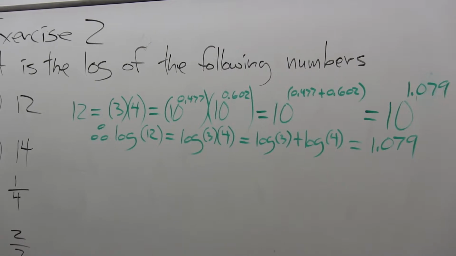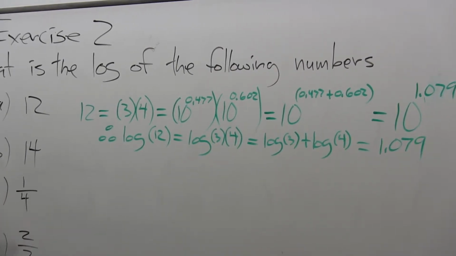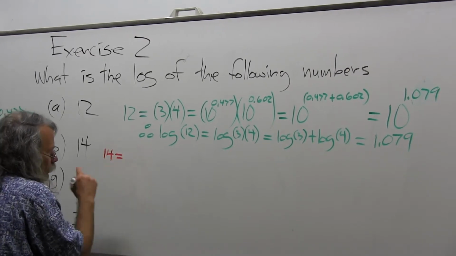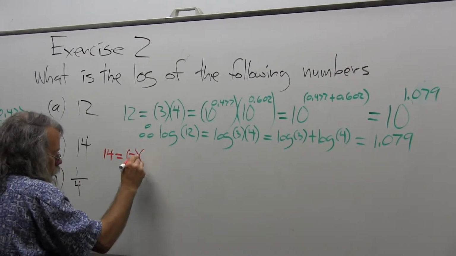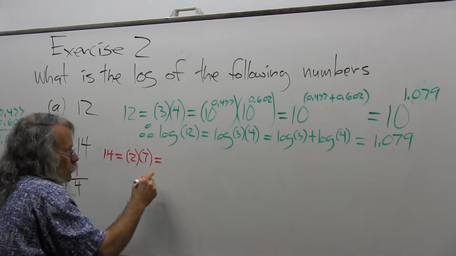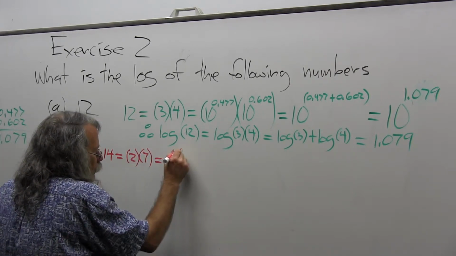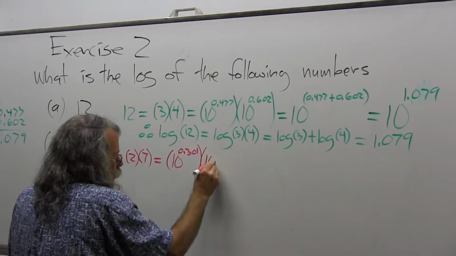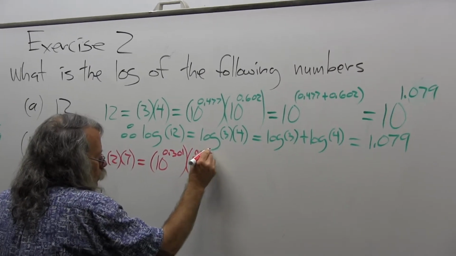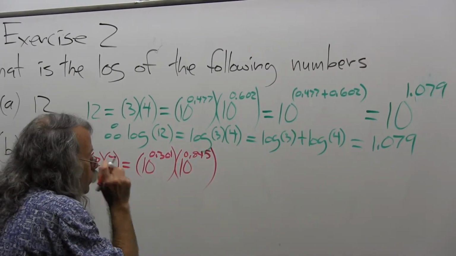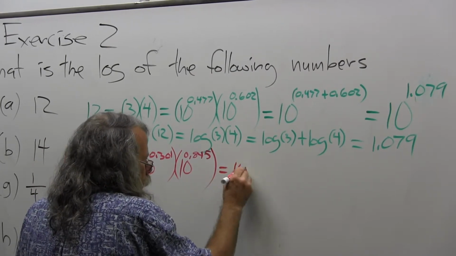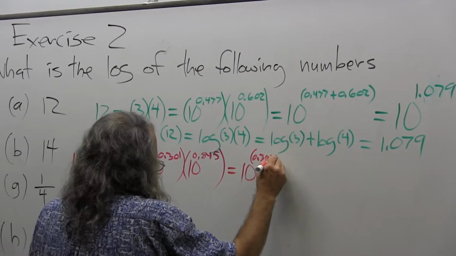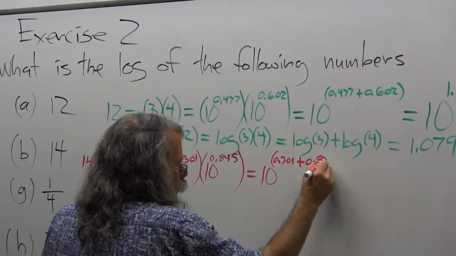And now the next example we're going to do is 14, example B. Now 14 can easily be factored, is equal to 2 times 7, which is equal to 10 to the 0.301 times 10 to the 0.845, which is equal to 10 to the 0.301 plus 0.845,